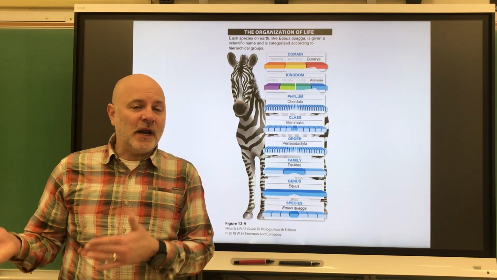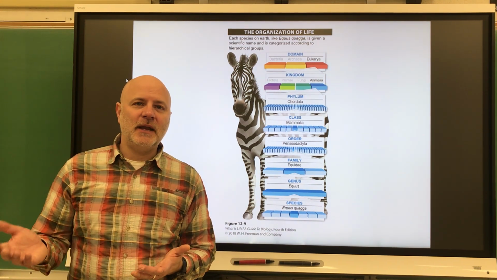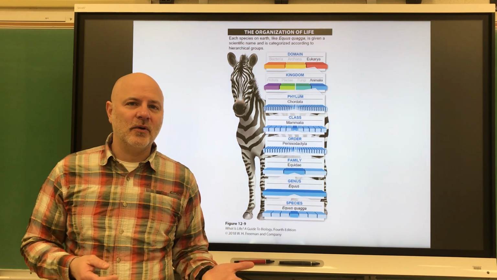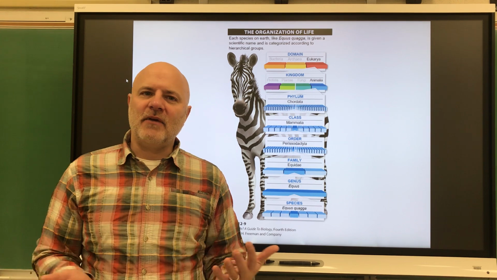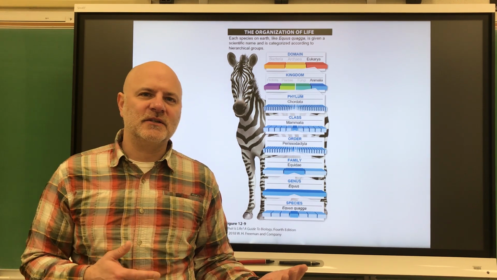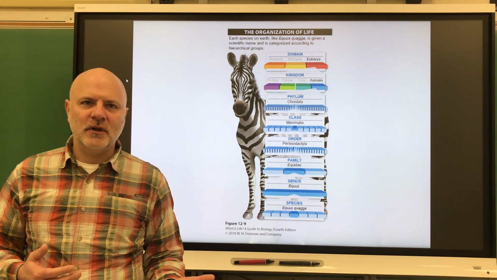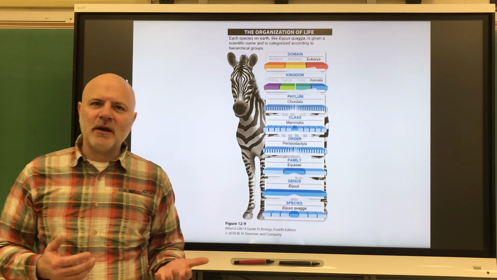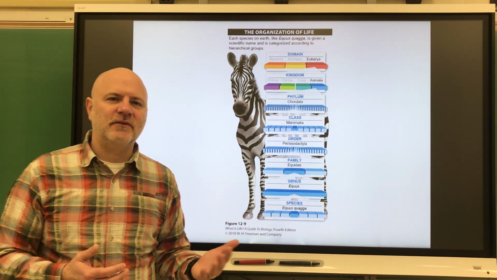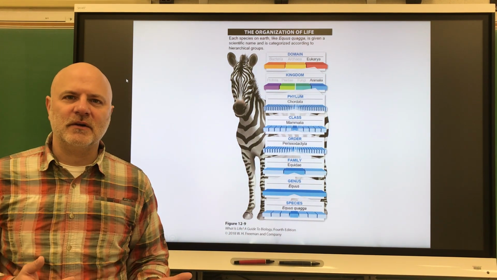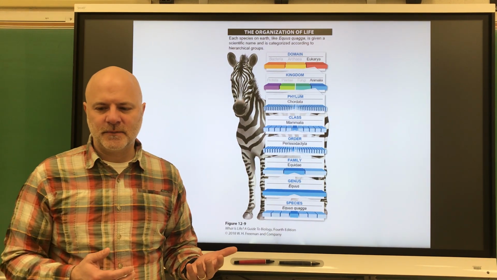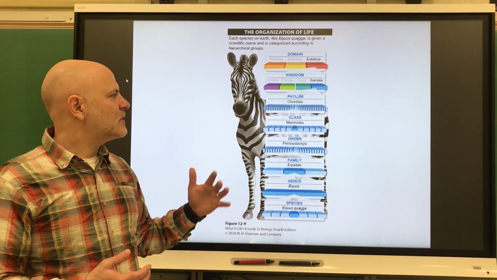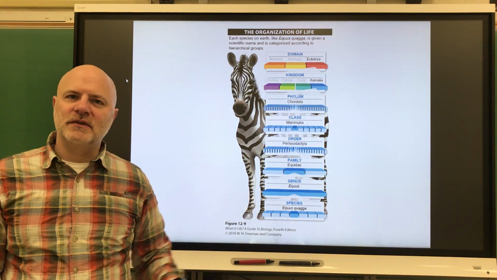So as I mentioned, reindeer in Europe and Asia are the same thing as caribou in North America. And if you go to a different area, they might have a different name for that organism because they speak a different language. Well, our modern taxonomical system was developed by a man by the name of Carolus Linnaeus. And he was around in the mid to late 1700s. All right? And so he started this classification system that you see up here.